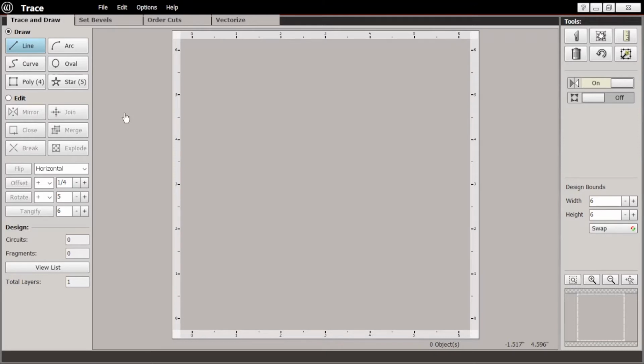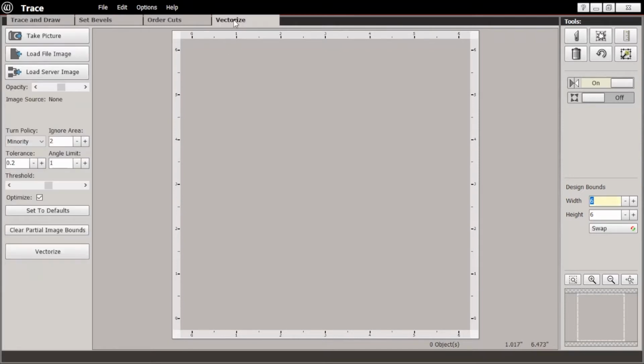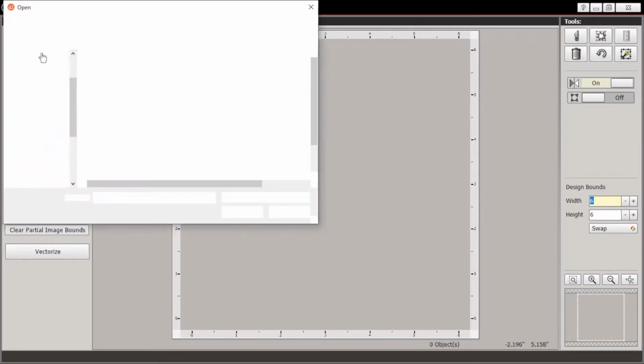Under the Trace and Draw tab, there is a button over here somewhere that says Load Image, and you would click that. In the newer software, it's under the Vectorize tab, and I'm not going to get into the Vectorize very much right now, except for this, because it really deserves its own completely separate video. So here we are, the Load File Image,